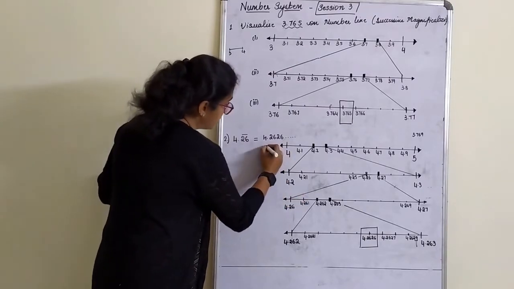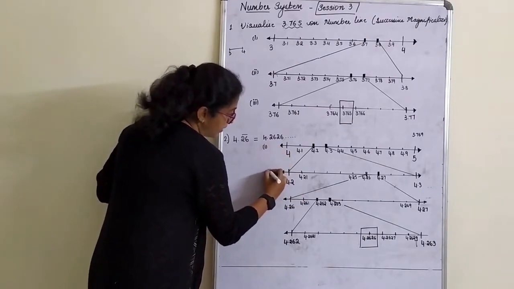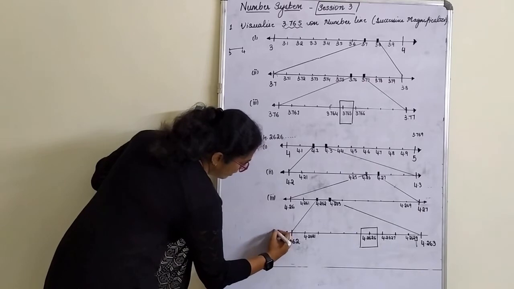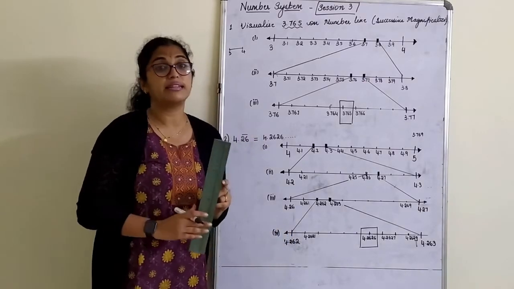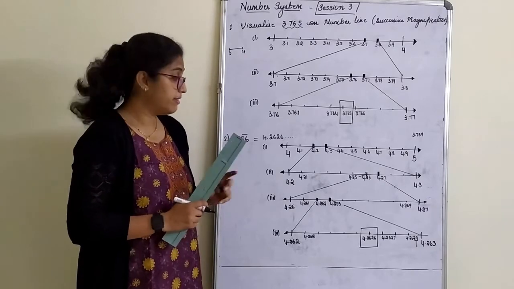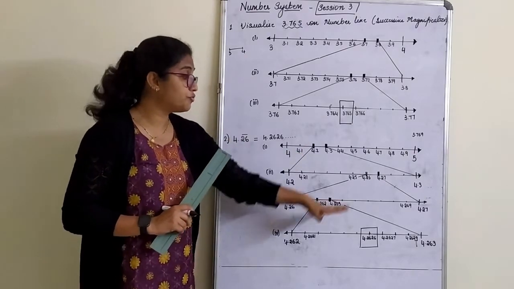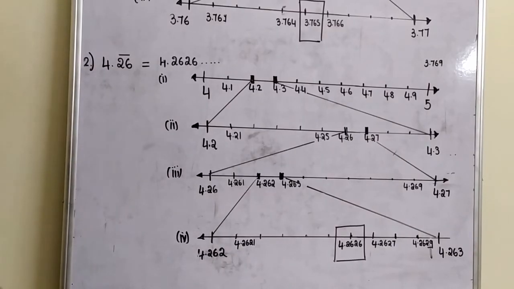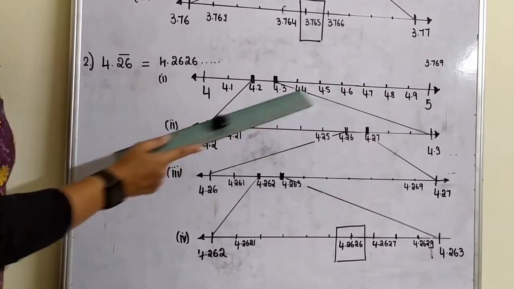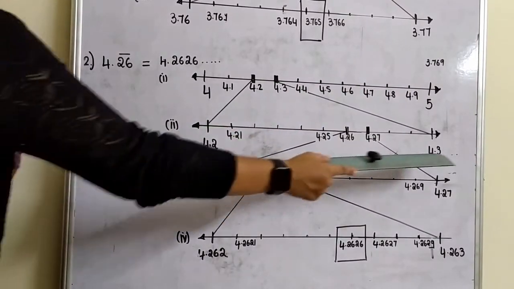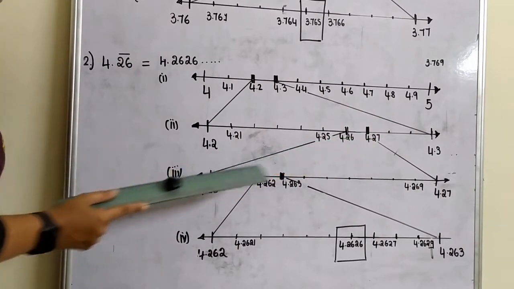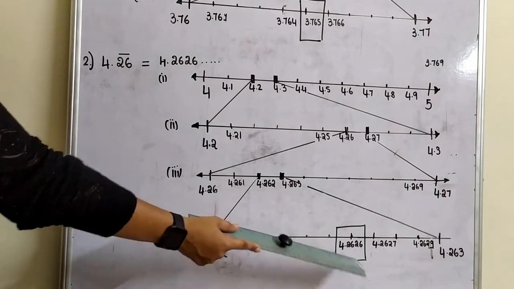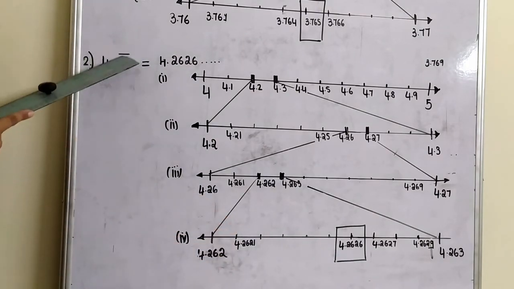So here this is our first one, this is second one, this is third one, and this is fourth one. Magnification should be shown very neatly and clearly, right? So now again, I will bring the camera closer to the board and show you from near so that you can copy it down neatly. The same thing here as I have told, between 4 and 5, 4.2, 4.3 we magnified here. In that we got another 2 magnifications that we took here. Final magnification, where we get the answer, which is highlighted 4.2626, that is the bar number.